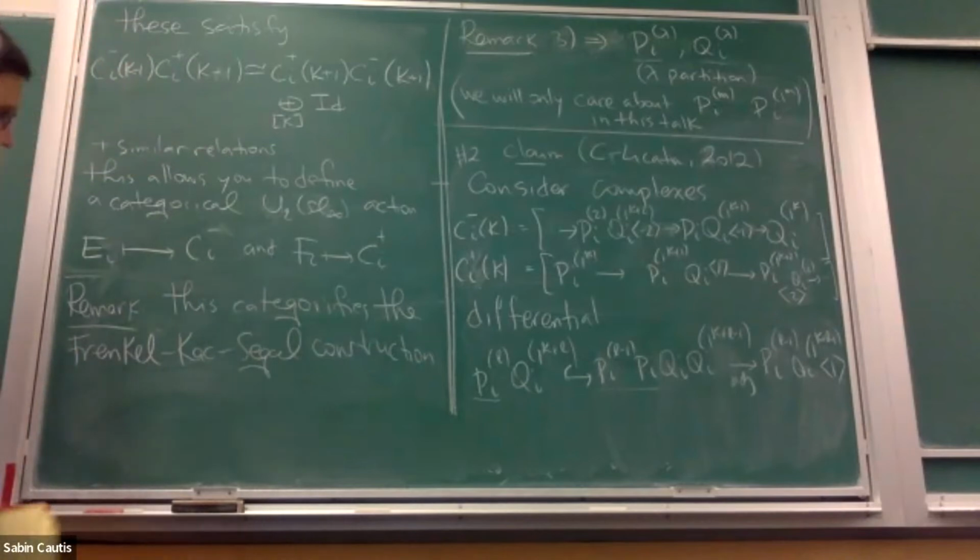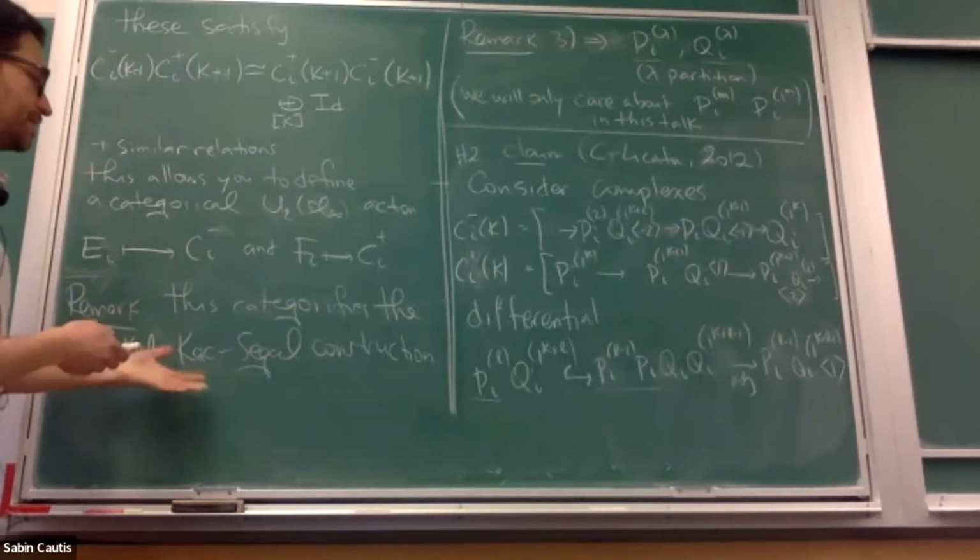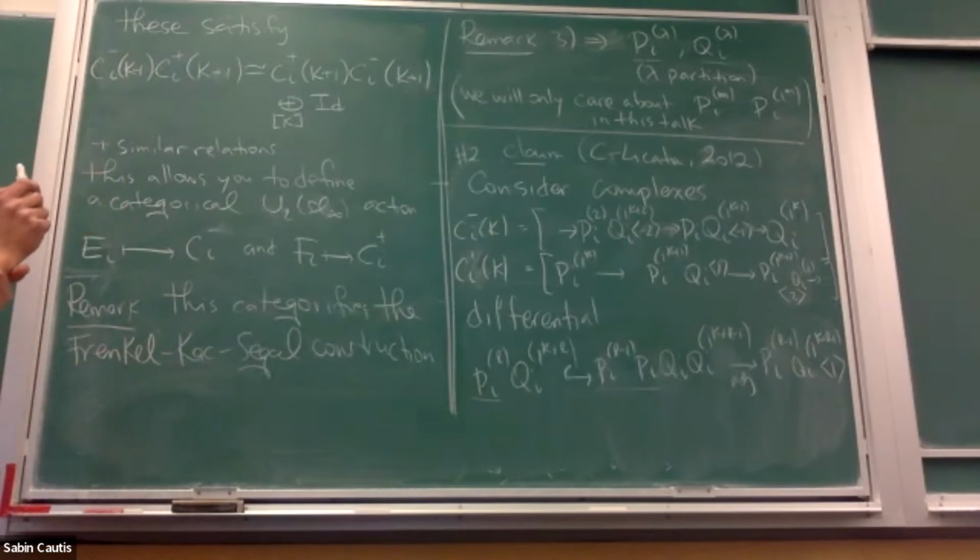And what is this construction? Well, this gives you some context of what this result really is. This construction is basically reconstructing the basic representation of the affine group,